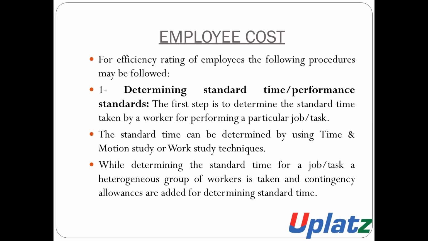The time is to be determined on the basis of these techniques or study. While determining the standard time for a particular job, a heterogeneous group of workers is taken and contingency allowance is added for determining the